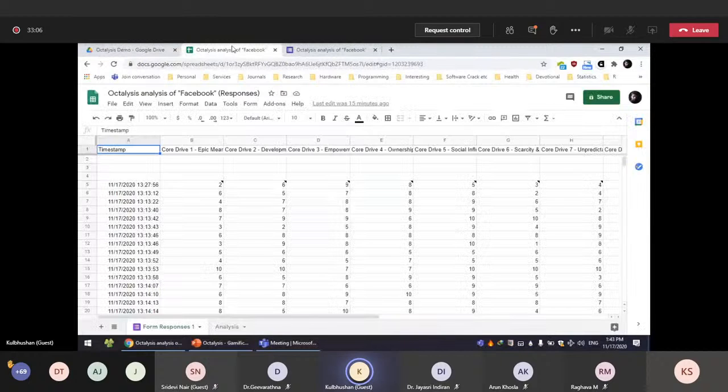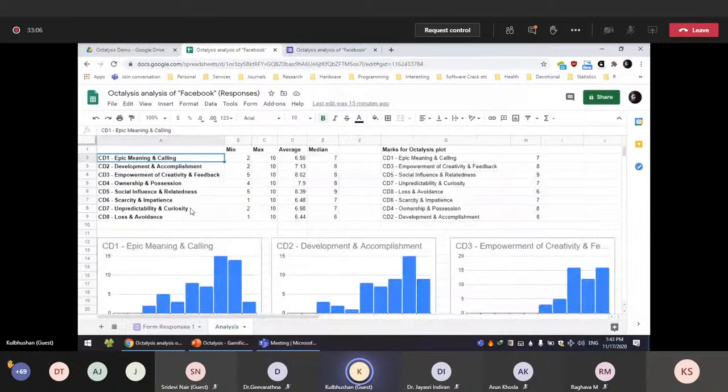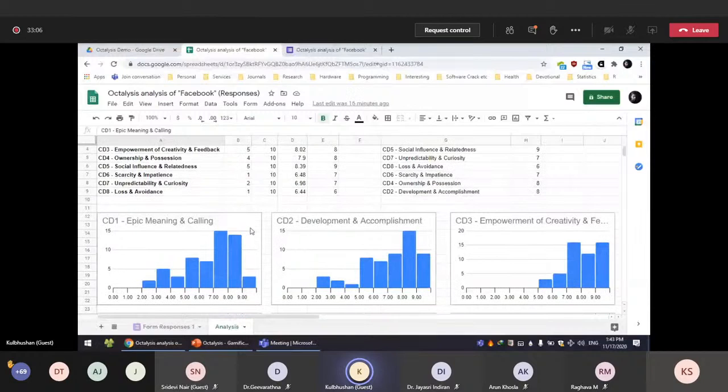You can see the Epic Meaning and Calling core drive. This is how the histogram looks. Most of the people have given a higher value to the first core drive. That means they are intrinsically motivated. Now these are the people who are actually taking part in this survey right now, and most of you have